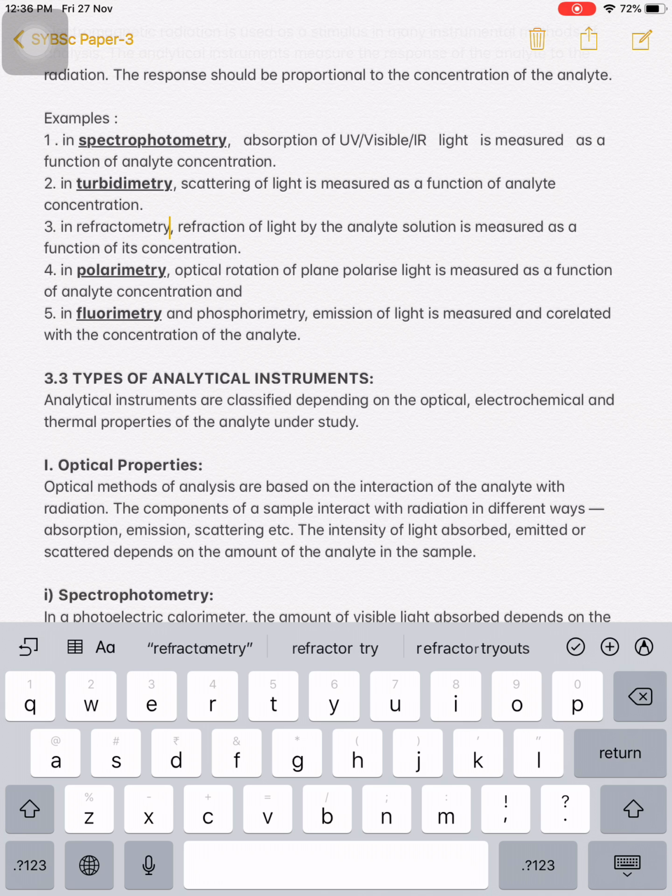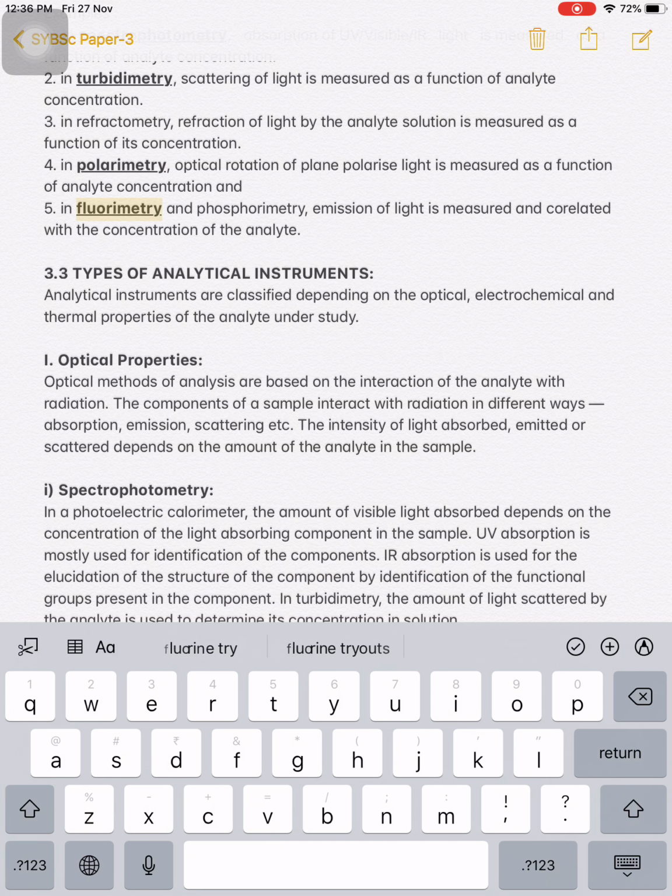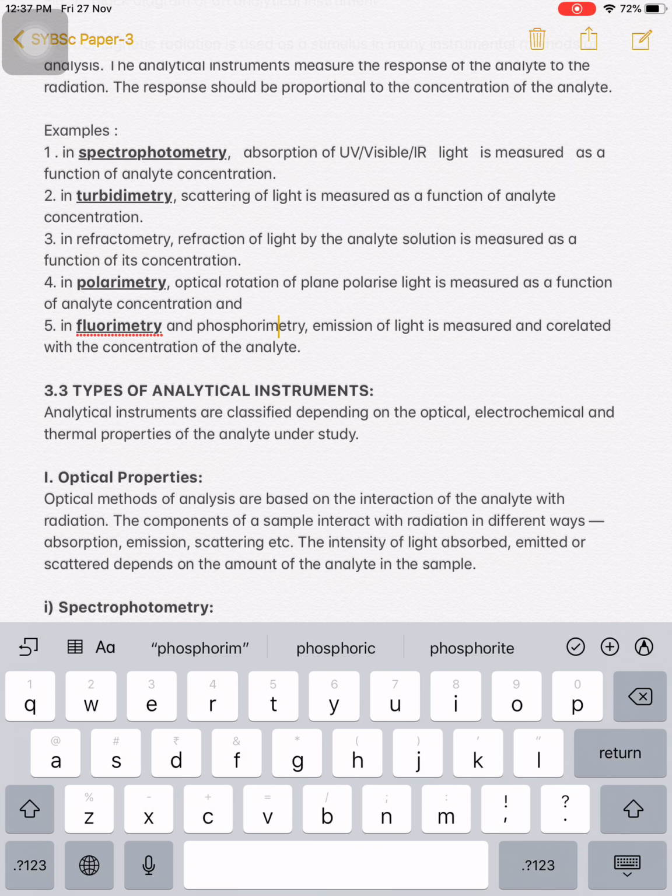Third, in refractometry, refraction of light by the analyte solution is measured as a function of its concentration. In the fourth, that is polarimetry, optical rotation of PPL, that is plane polarized light, is measured as a function of the concentration of the analyte. In fluorimetry and phosphorimetry, emission of light is measured and correlated with the concentration of the analyte. You have seen here, there are 5 examples they have given: spectrophotometry, turbidimetry, refractometry, polarimetry, and fluorimetry and